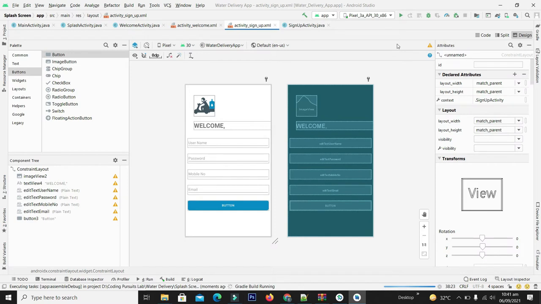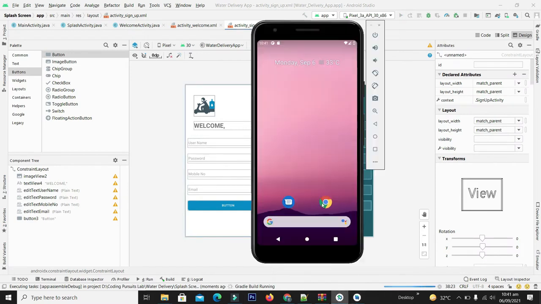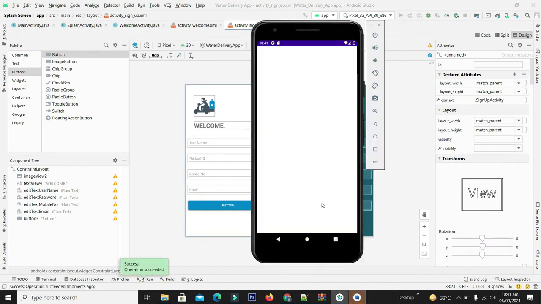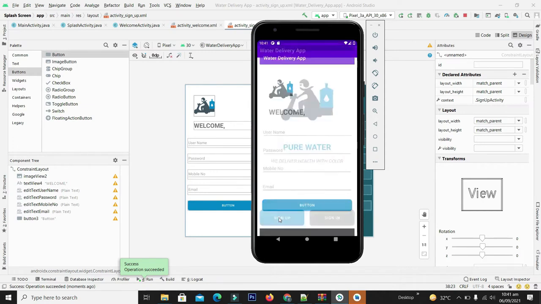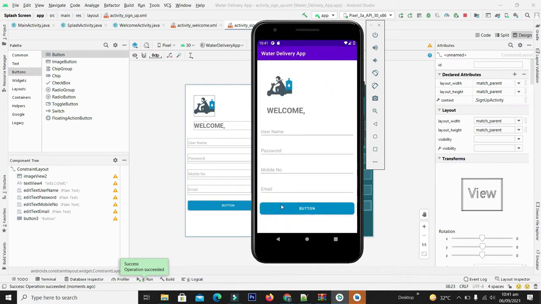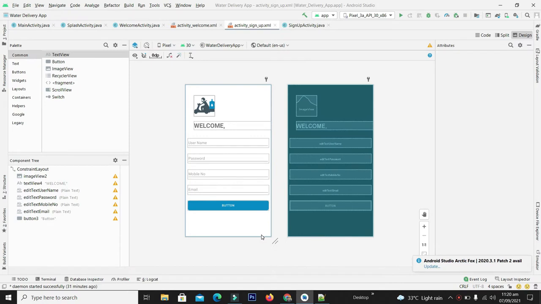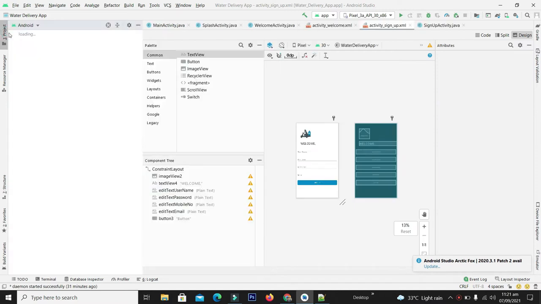Now let's compile again and check our application. And you can see here our expected sign up screen is here. So okay guys, now let's come back and add the backend code for this sign up screen. We will make the instance for these edit text, and we'll set the mechanism for taking the input from the users on this screen. For this, we will go